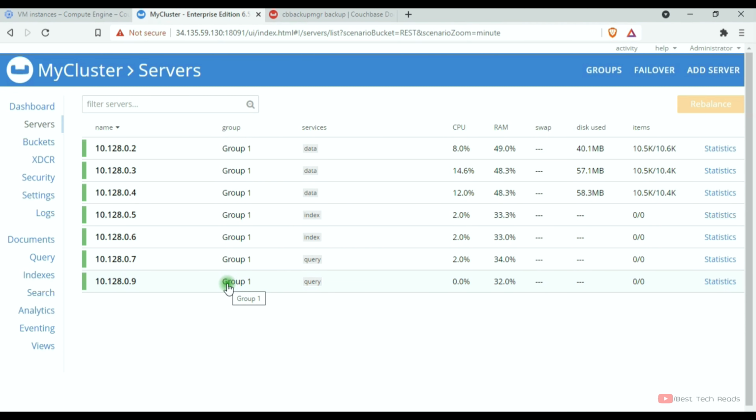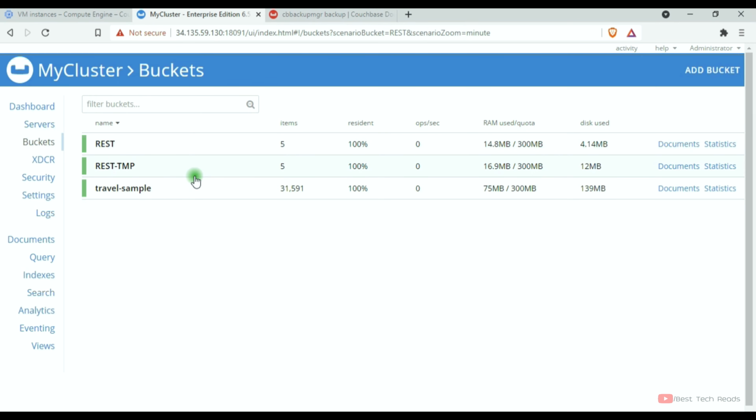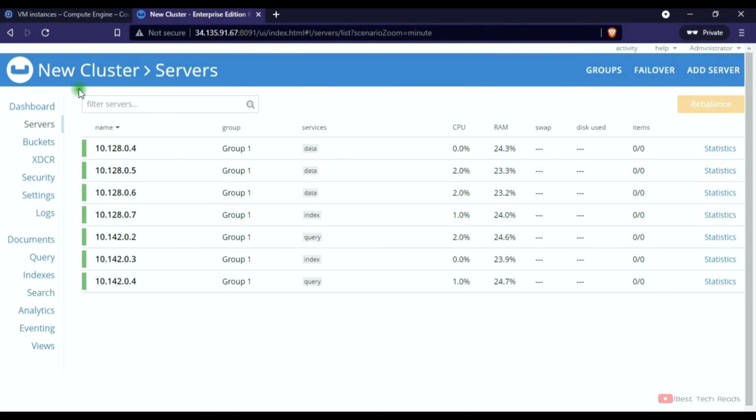Hi friends, welcome back. In this video we can see how to migrate or refresh entire Couchbase cluster data from one cluster to another cluster. So as you see, this is one cluster with name my cluster. It has 3 buckets. I want to copy the data from my cluster to a new cluster where we don't